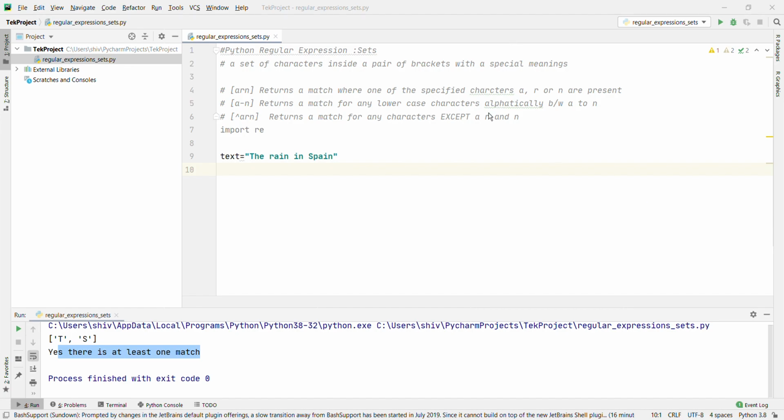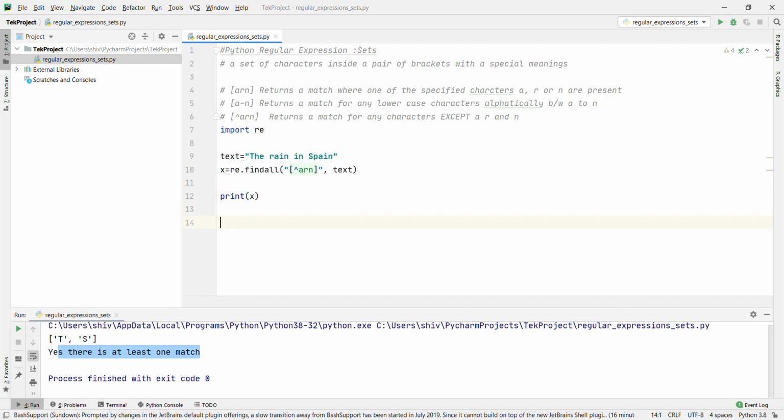Okay, let's remove this first. I'm going to write print x equal to re.findall with double quotes, caret A, R, N, and pass the text. Print x.